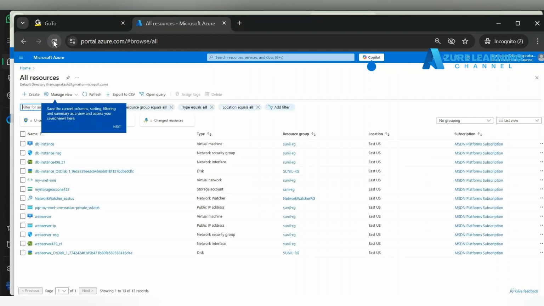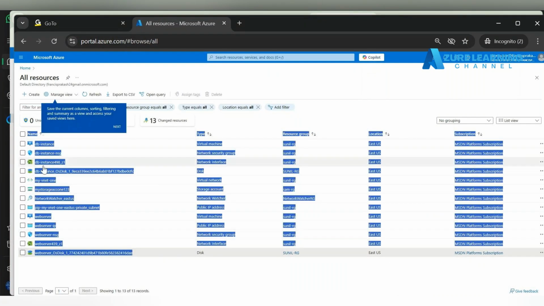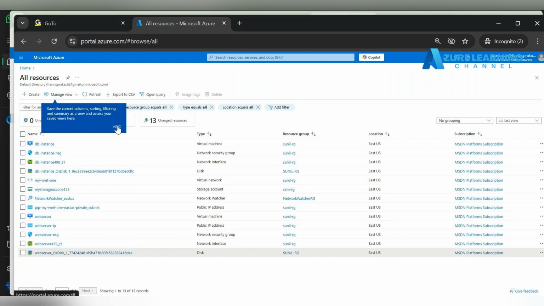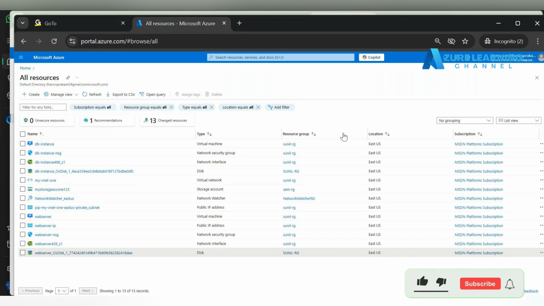See, now these people can find everything. These people can find this web server and this network watcher, and all of these. So this is what reader privilege is. If these people want to do something, want to update something, want to